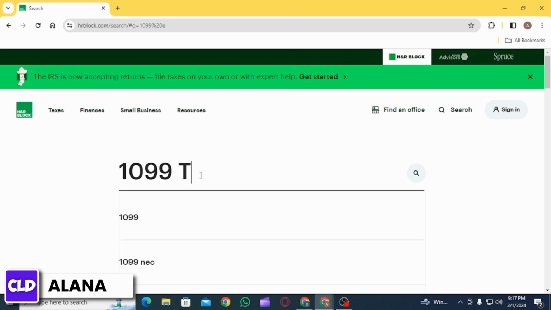Form 1098T is a tuition statement reporting qualified education expenses. Input the information which includes details about the qualified education expenses, scholarships, and grants. The form may have information on whether the student is eligible for education-related credits like the American Opportunity Credit or